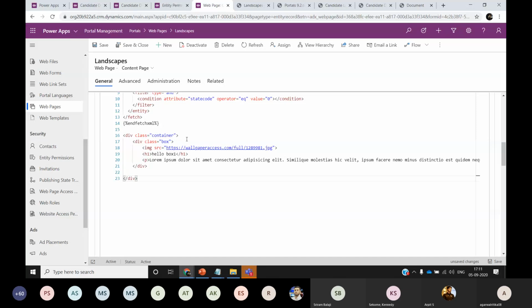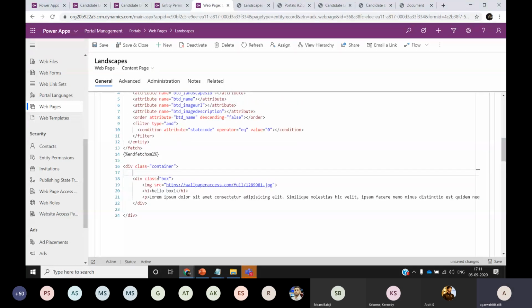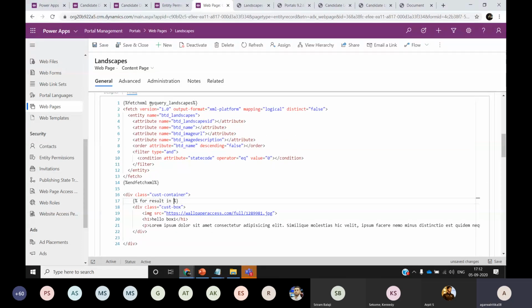Okay. Now I have a container here and there is a box inside. Container is an already existing class that we have in Power Apps portals and we don't update that configuration. So here I'll change this class to custom container and this to custom box. Now I want to iterate over all the records here. So I'll say something like for result in, and then I'll pick this reference I created for all results in this dot.